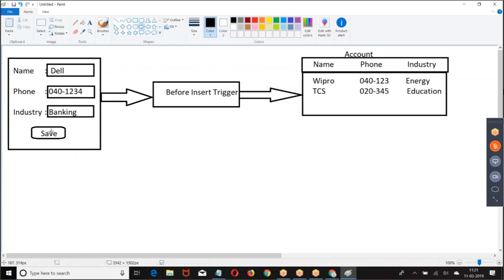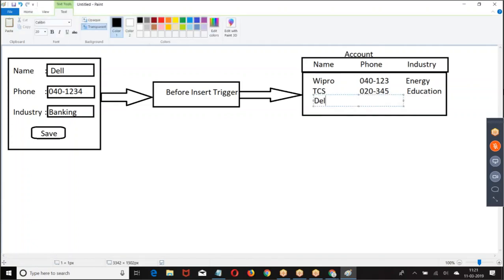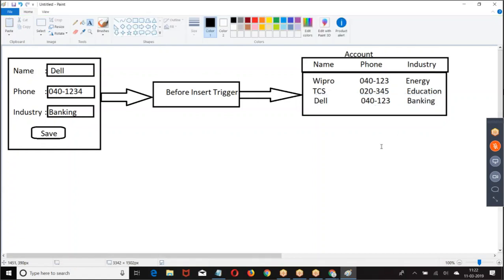Are you getting my point? When you save the record, the before insert trigger will run. After running the logic in the before insert trigger, the record will be saved. After saving the record, we have the after insert trigger.